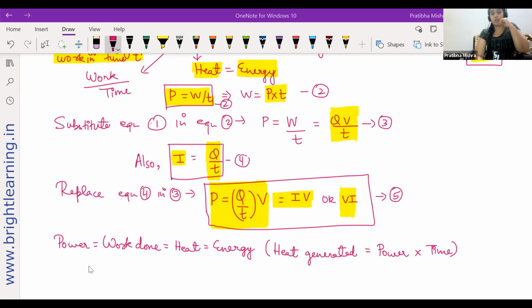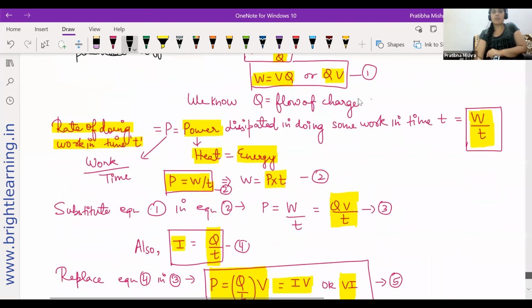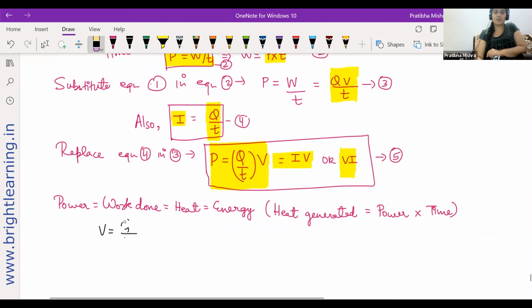So what else we will do here? Now we will apply Ohm's law to equation number 5. See, just remember one thing. I'll tell you again if you have any doubts. The voltage is calculated by the potential difference. Potential difference is nothing but when the charge Q is calculated when the electrons are moving, and they are also doing some work. So if you see the equation above, I've written it in the opposite way. It is W by Q, okay?